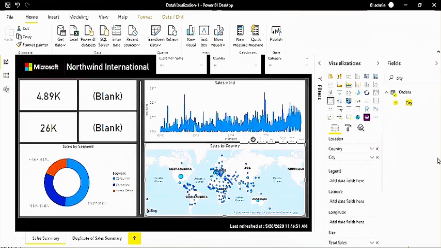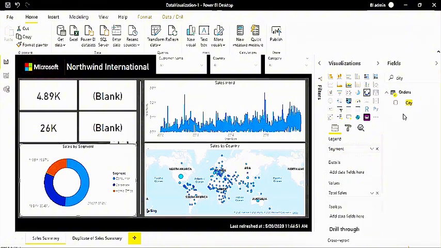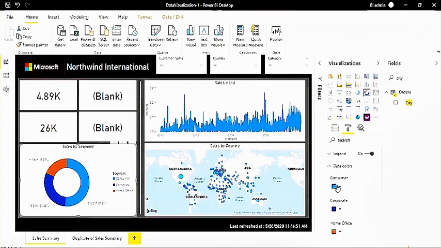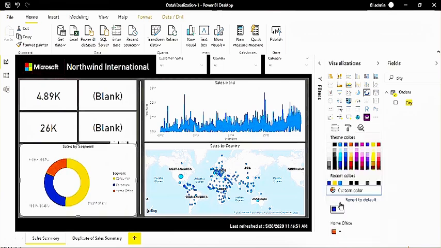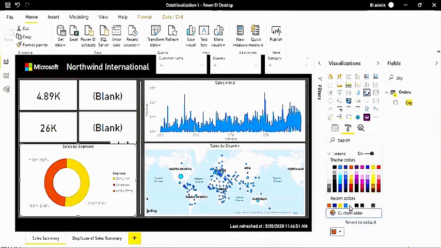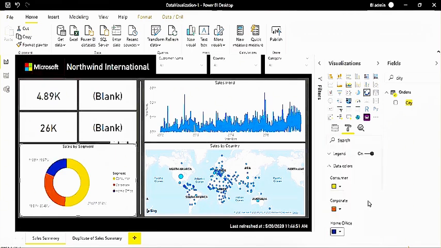All right, I see a question: how to change colors in the donut. Everything is inside the format pane. Select the donut, go to format, and here you have the data colors, right? Consumer is visualized right now in blue. You can change it to, let's say, yellow. Corporate, you can change to a different color, and this one you can change to blue. Everything is here. The only thing is we need to explore all the properties. Just try to change and see what changes on your visual.